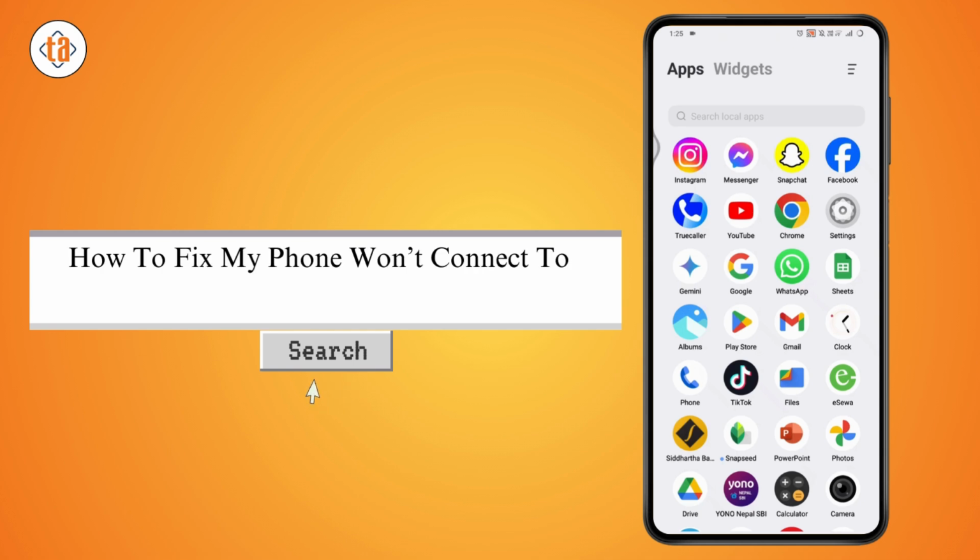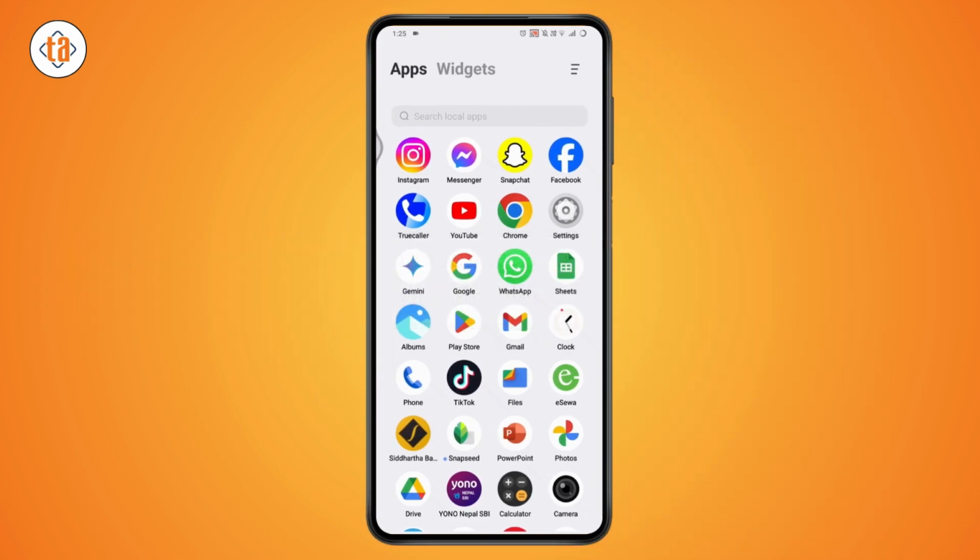How to fix my phone won't connect to Wi-Fi or no access to internet problem. So if you're facing a problem with my phone won't connect to Wi-Fi, then what you need to do is